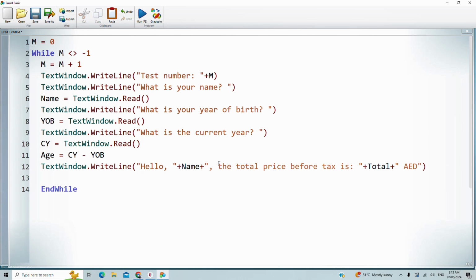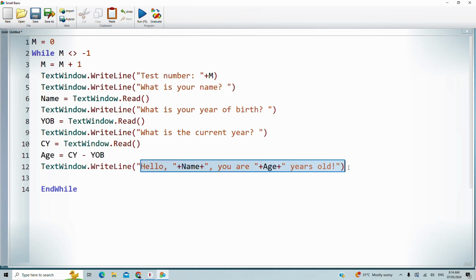Hello name. You are age years old. So here the program is going to take the entries done by the user and list it in this command line, which leaves for us the evaluation